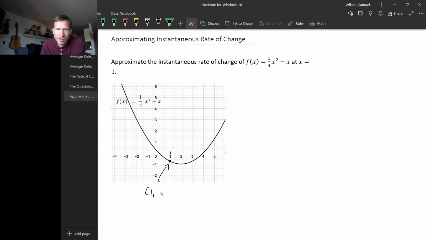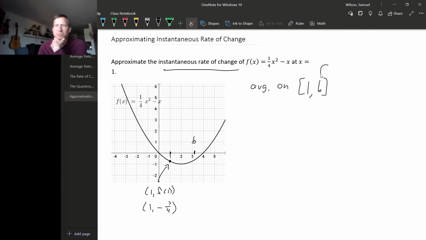So this is f of 1, and it turns out f of 1 is minus 3/4. To find an instantaneous rate of change, remember what we're going to do is instead find an average rate of change. We'll move over here to a different x-coordinate b, and we'll find the average rate of change on the interval from the x value we want, which is 1, over to our second x value. And then we're going to move b